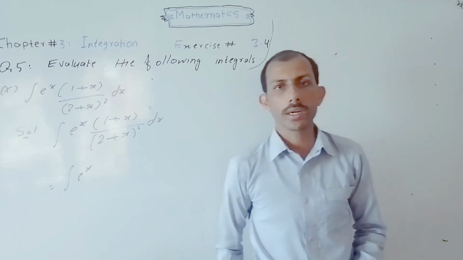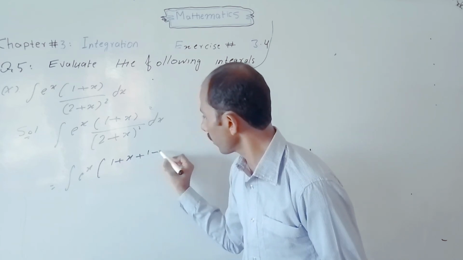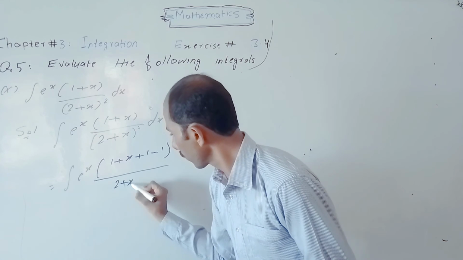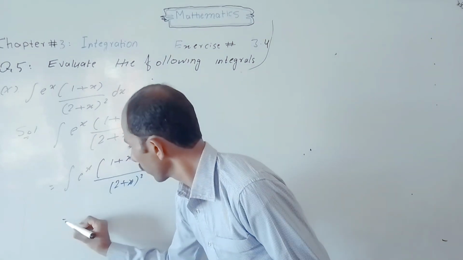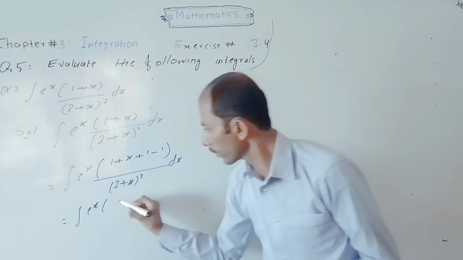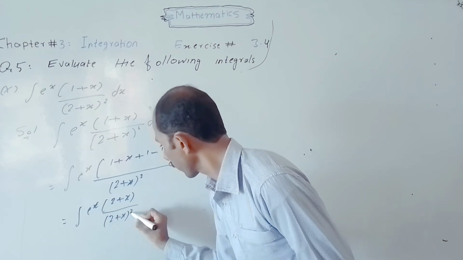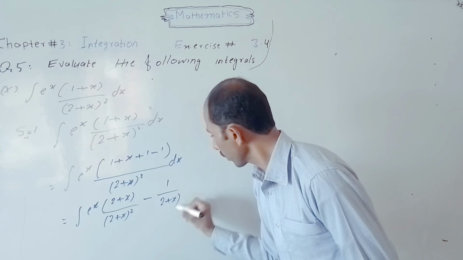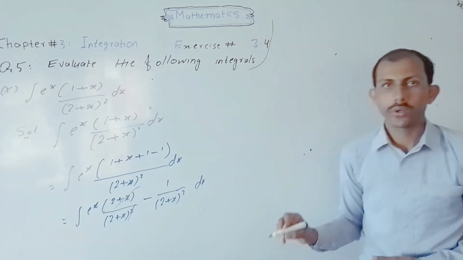So adding and subtracting 1 in the numerator, integral e power x into (1 plus x plus 1 minus 1) divided by (2 plus x) whole square into dx, which is equal to integral e power x into ((1 plus 1 plus x) divided by (2 plus x) whole square minus 1 divided by (2 plus x) whole square) into dx. So 2 plus x square cancel,